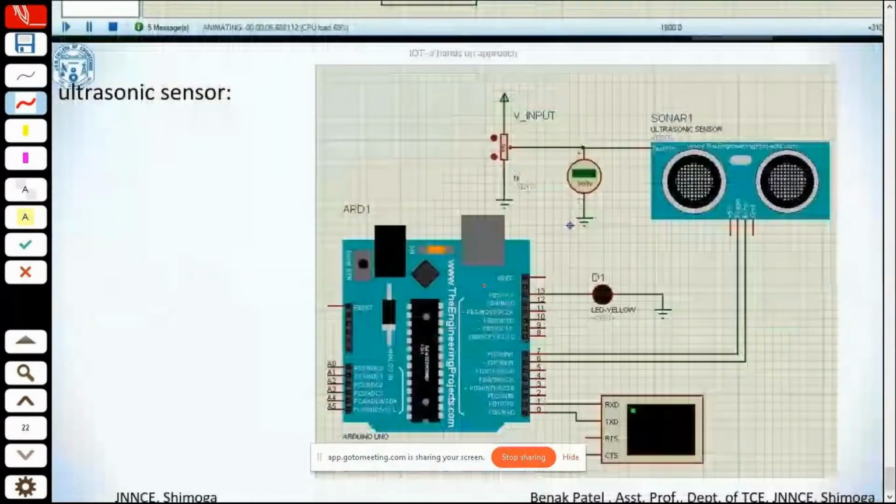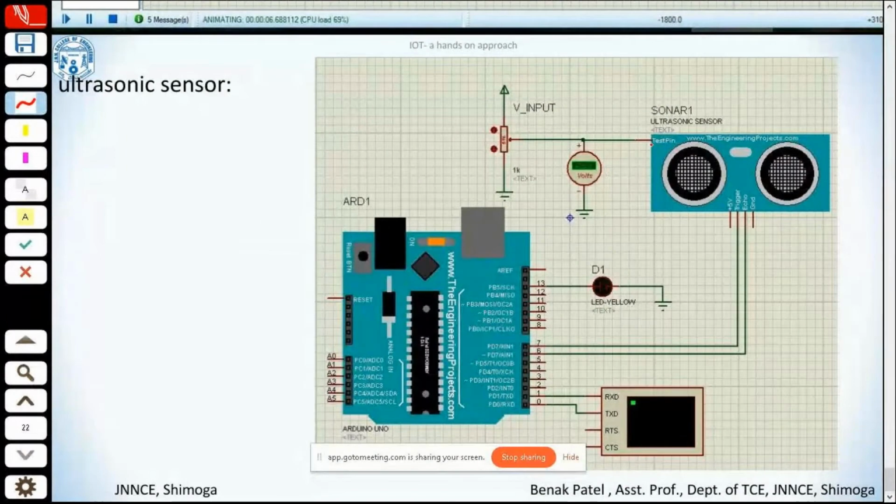Likewise, we can also interface an ultrasonic sensor. So this is how we can reduce the entire project cost as well as time, because we would have got a better idea of our code as well as the expected result. So participants, if you are having any kind of queries, please do put them in the chat section.